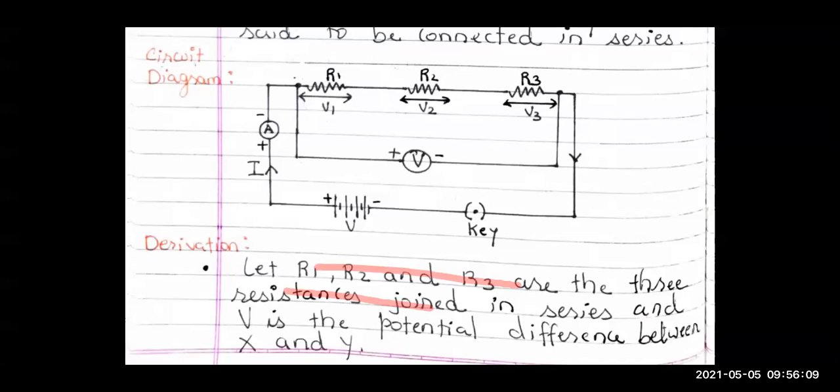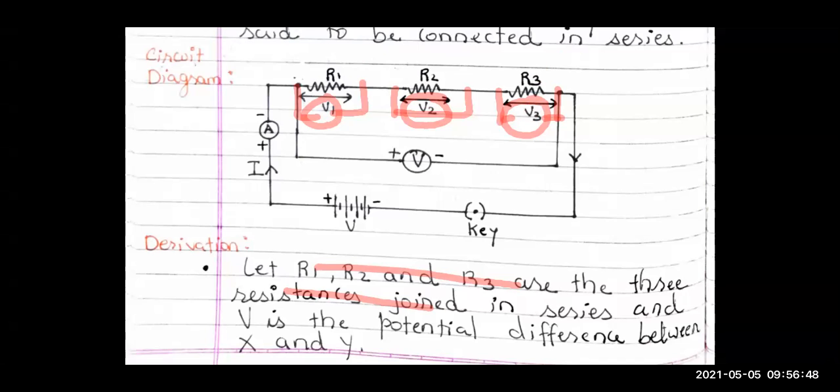And the potential difference, if you connect a voltmeter over here, let the reading of the voltmeter be V1, right? We know the reading of the voltmeter will be in volts. We are not giving any number. We are just saying V1. If we connect a voltmeter here, then the reading of the voltmeter is V2, right? And if we connect a voltmeter across R3, then the reading of the voltmeter is V3, right? So these are the potential differences across R1, R2 and R3. So potential difference across R1 is V1, potential difference across R2 is V2, potential difference across R3 is V3.